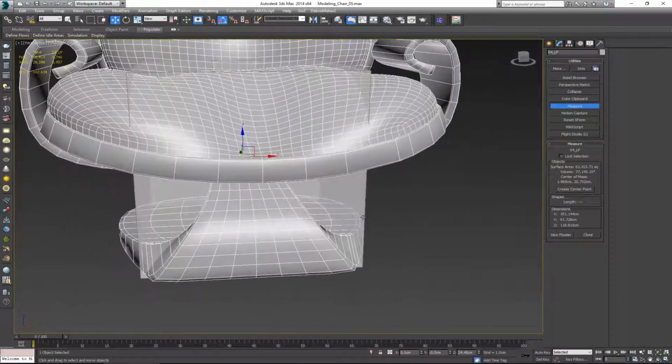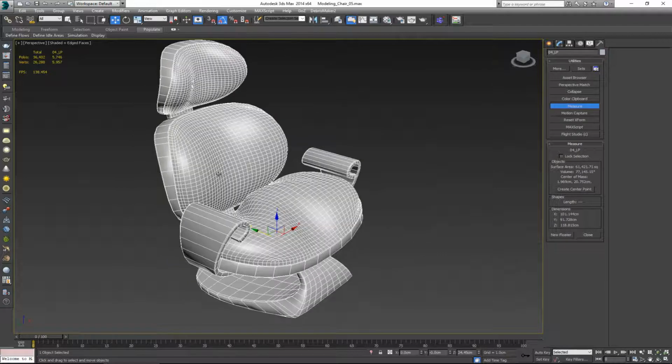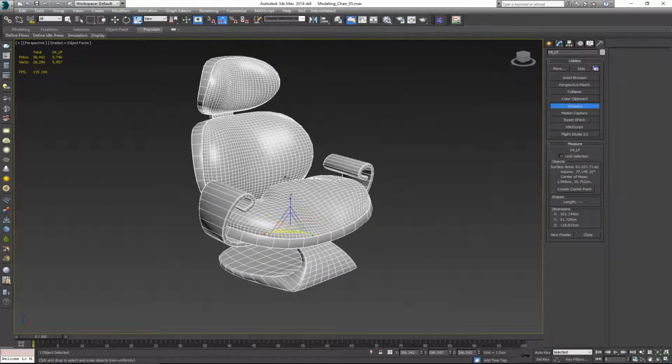I think this is okay. So now we have the scale for our chair fixed. We do want to make sure that before we do anything else to it, we do reset the X-form, because at the moment you can see that the absolute local for the scale transform is 286, which is not ideal. When I hit reset X-form